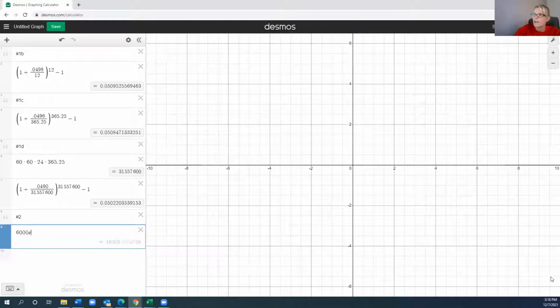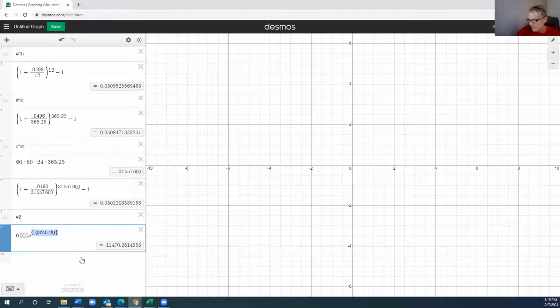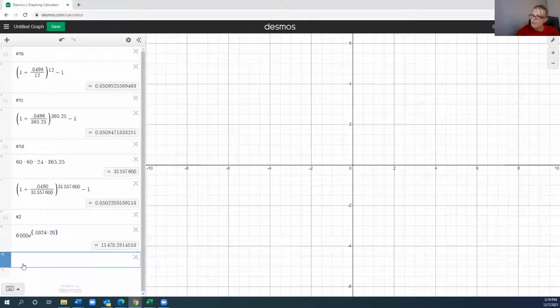6,000 E, and notice it puts it in italics because it knows that we're using the irrational number, and I'm putting 0.0324 multiplied by 20 in a parentheses, so it knows that that multiplication, this product right here where my mouse is, is in the exponent, all of it. So it looks like after 20 years, I'll have $11,470.28 in my account, but the interest